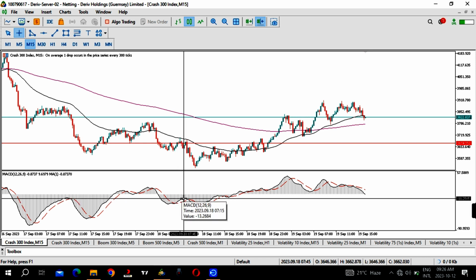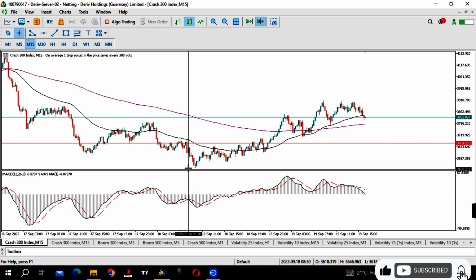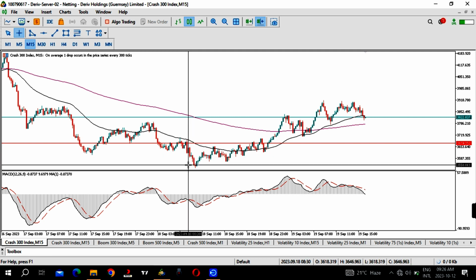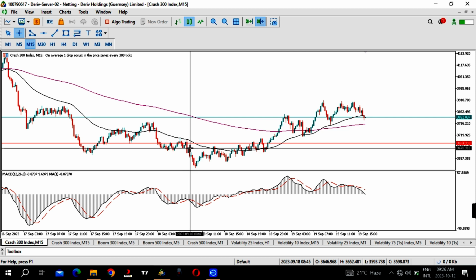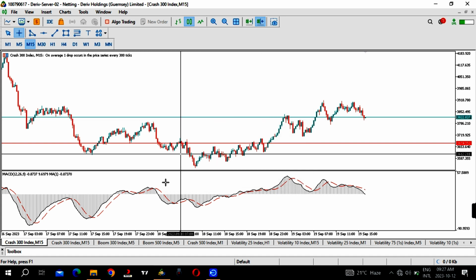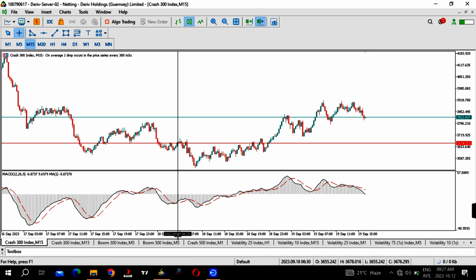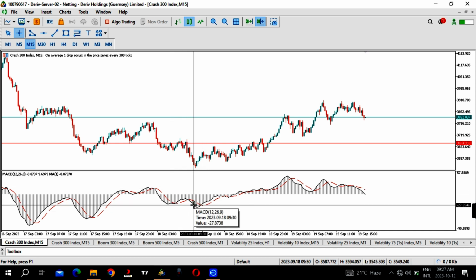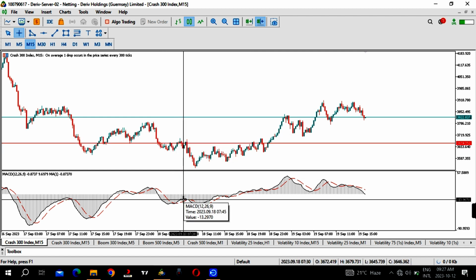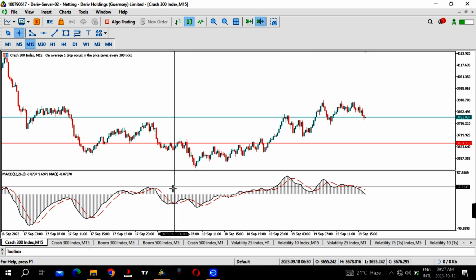When there's a pullback and you're using this indicator window only, you're just waiting for this crossover to happen. As you can see, when the crossover happened, somewhere over here, the market had already started moving by the time you get your confirmation. So you enter when there's already a pullback. That makes the use of indicators alone, especially crossover indicators, a lot more lagging. It's way behind. You are not able to spot a reversal. You don't even know when the reversal might happen, because you are waiting for this curve to form, and then the crossover. So you are not able to anticipate when the